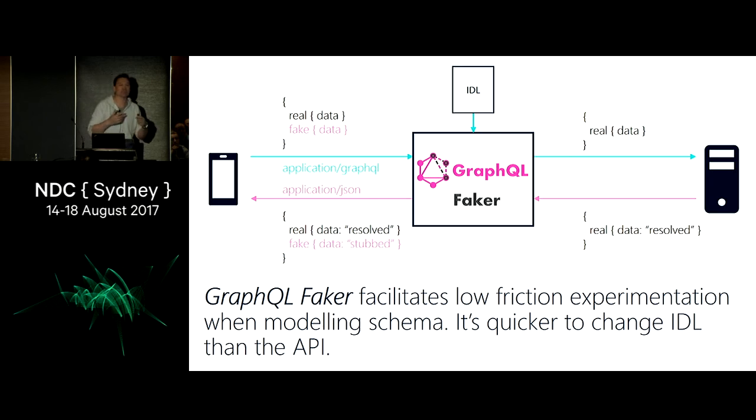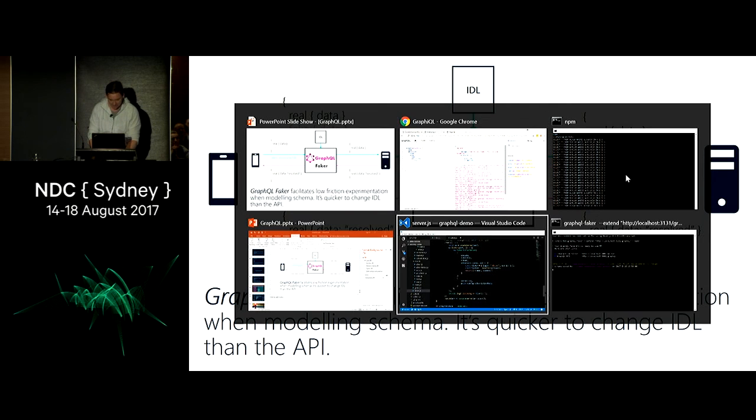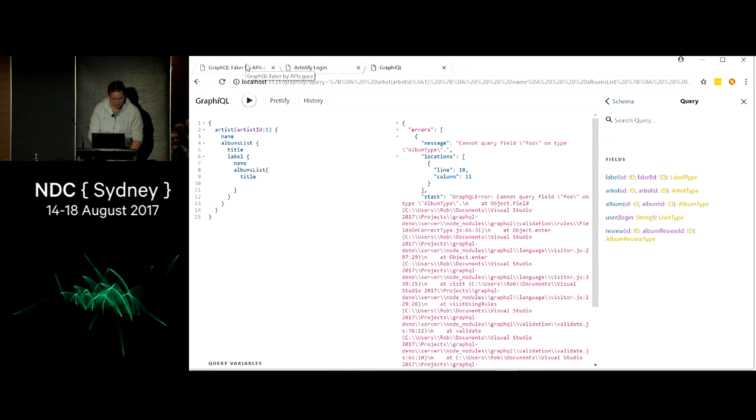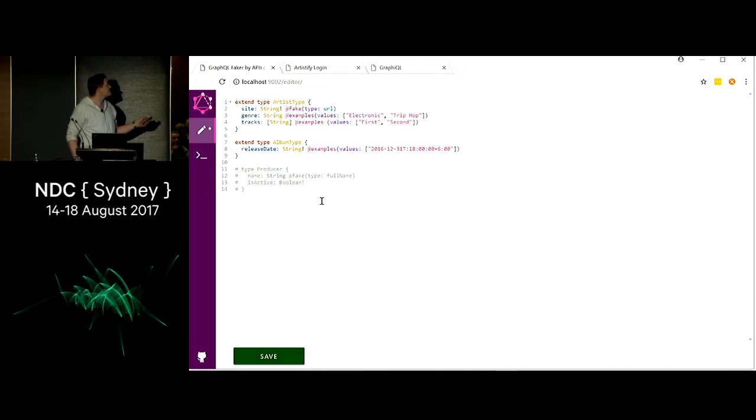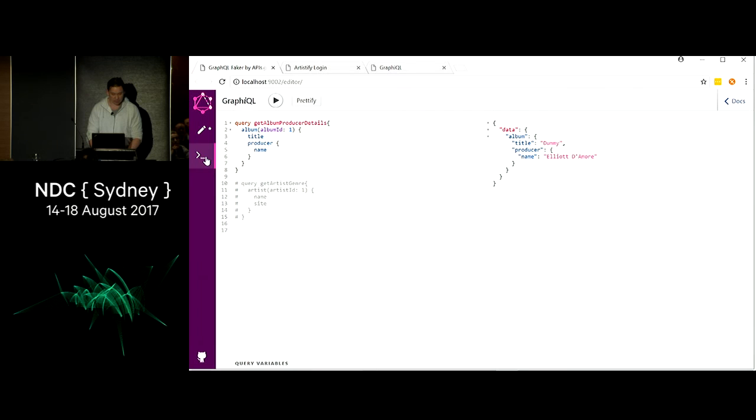You can probably see here that if you're just quickly iterating on the design, you don't actually have to change the API. You could say, oh, well, what about this field? Does that look right? Or you want to change some of the details for that? Let's take a real quick look at that as well. Using the extend notion, we can add additional properties to types. In this particular case, I've added a site property, which I've set as a non-null string of type URL. So if we go back here, to illustrate it, we can say